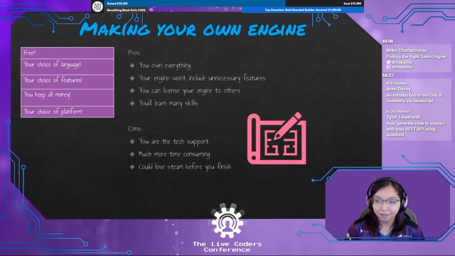But some of the cons are you are the tech support for your engine. So if anything goes wrong, you're going to have to be the one that's bug fixing it. And also it is much more time consuming. So in general, I suggest that this approach is appropriate for you if you are looking to learn skills for